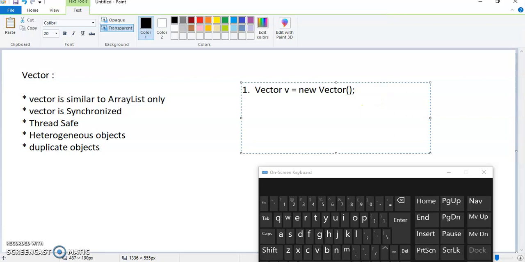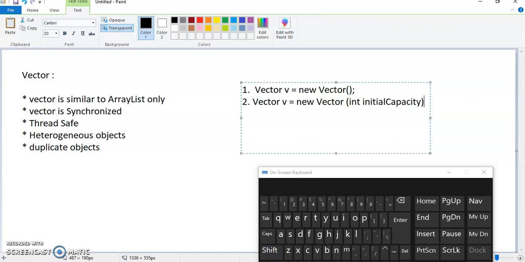Now the second declaration is Vector v equals new Vector, and you can specify some initial capacity.